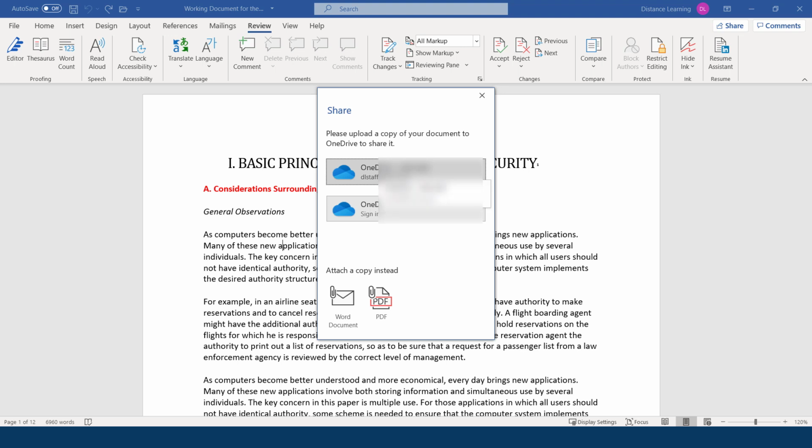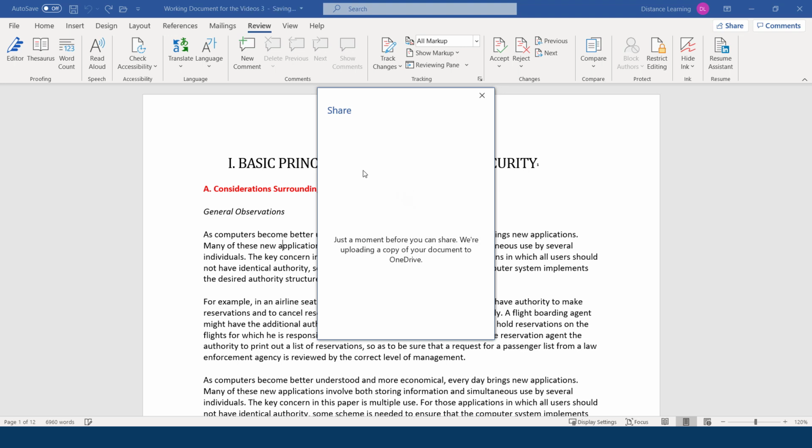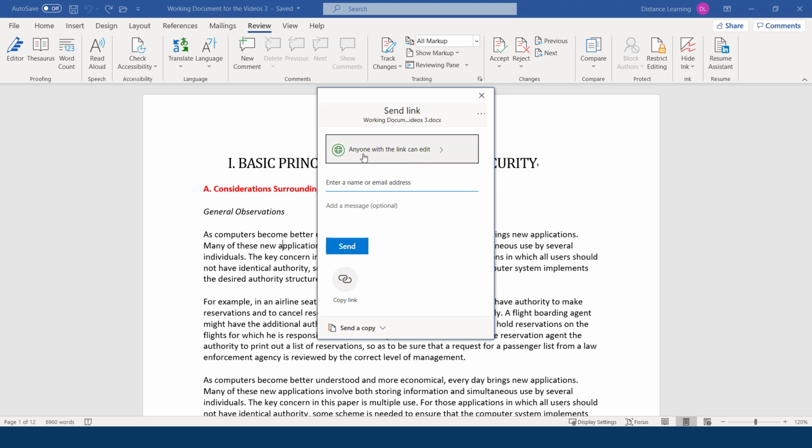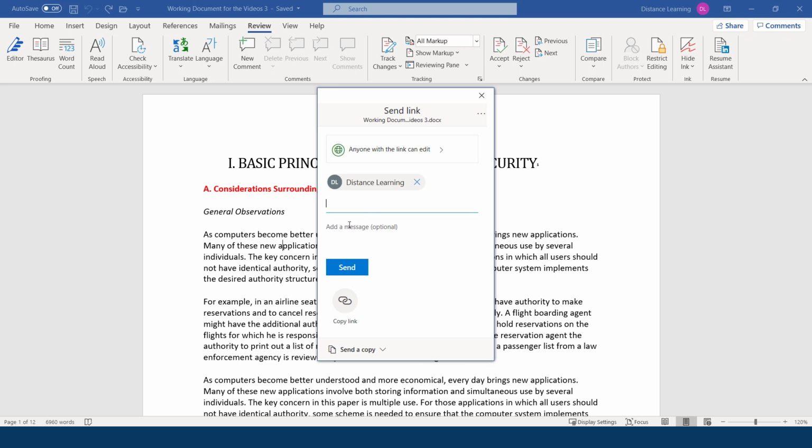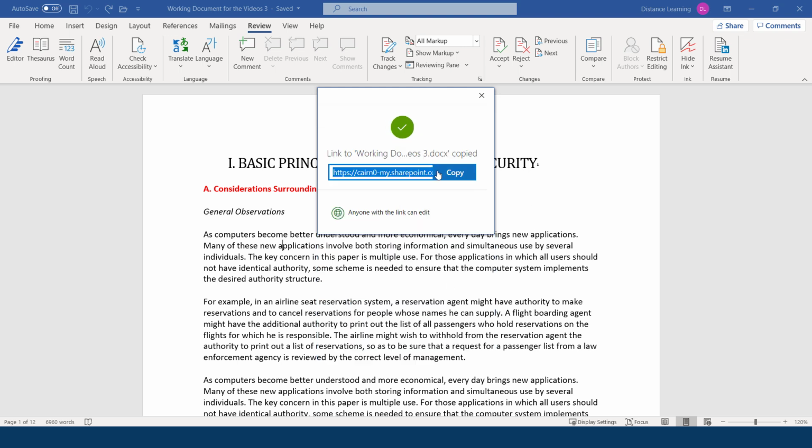Now, if you want to use OneDrive, you simply select the OneDrive option here, double-click on it, and now you can choose, anyone with a link can edit it. You can enter the name of the user, select the name of the user, add a new message, or you can copy the link and just send them the link to that document via an email. So you just click on Copy, and in your email, you copy this link and you send it to them as part of your email. So that's one way to collaborate with one of the users